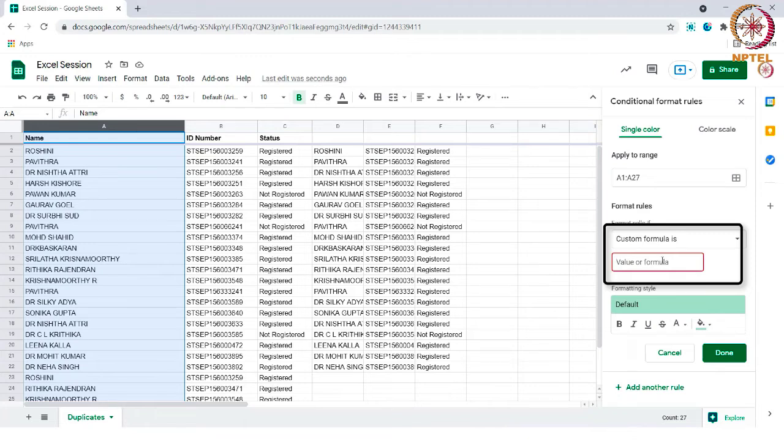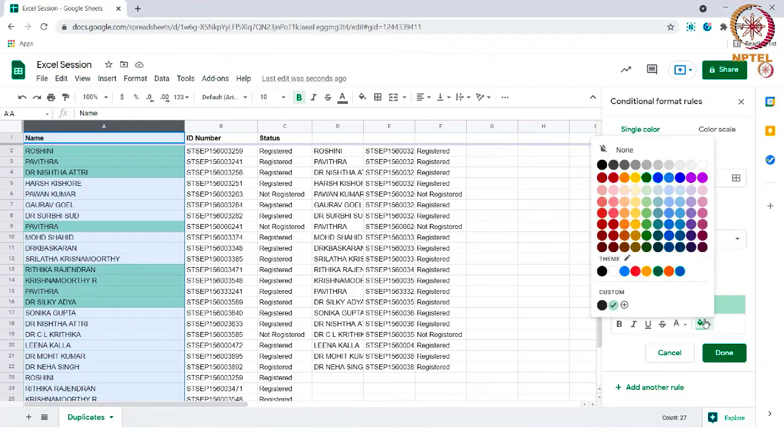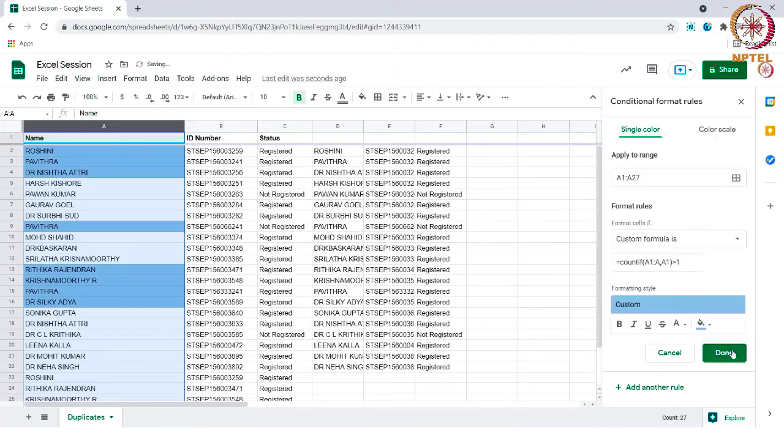Enter the formula equal to COUNTIF, open the brackets, A1 colon A comma A1, close the brackets, greater than sign and 1. Now choose any color we need to highlight the duplicates and choose Done.